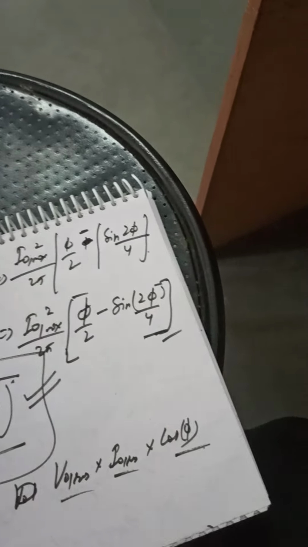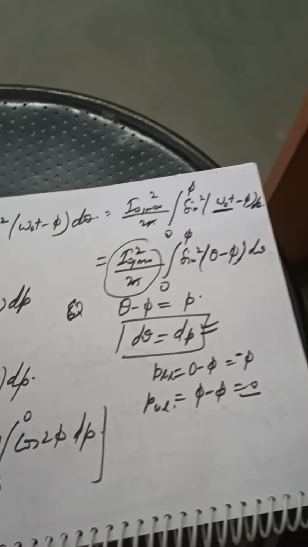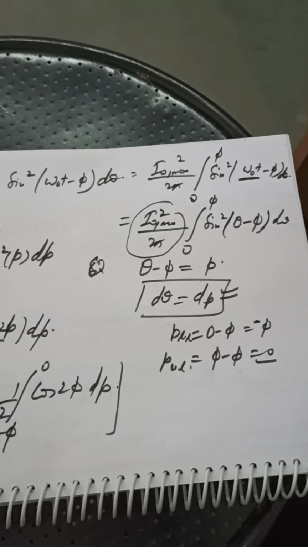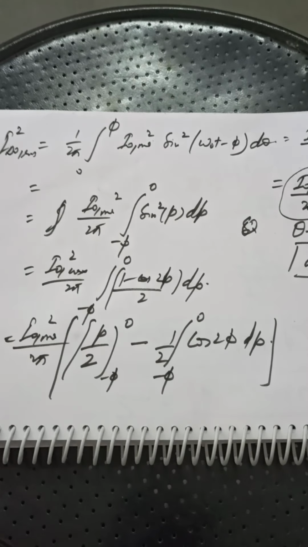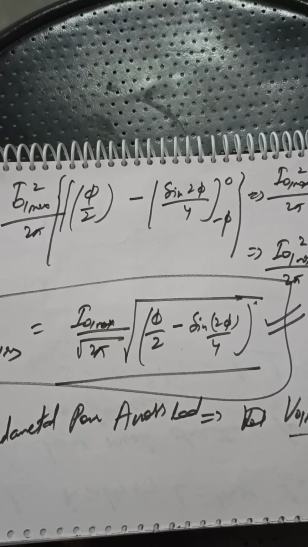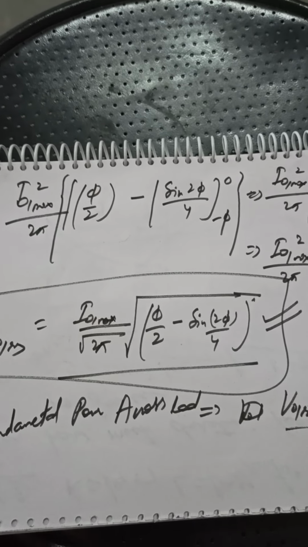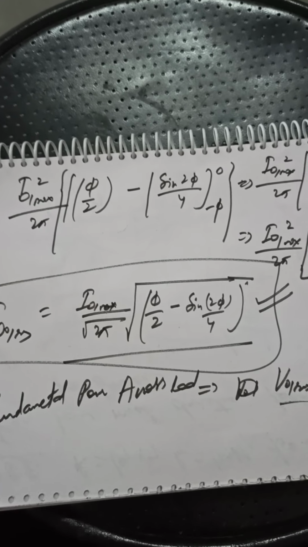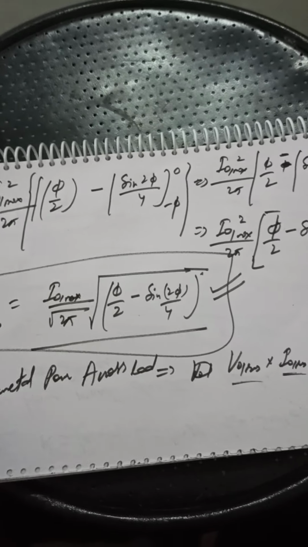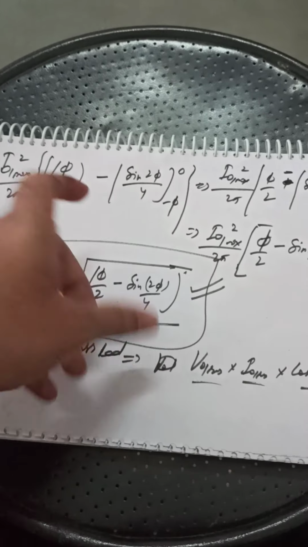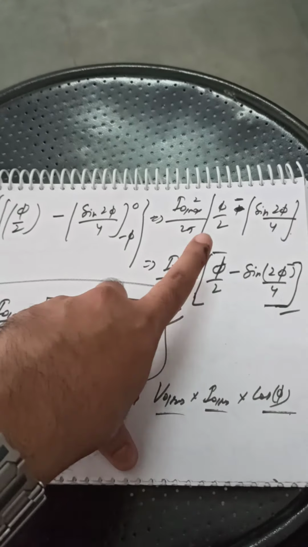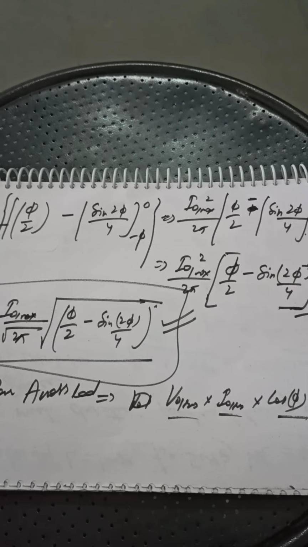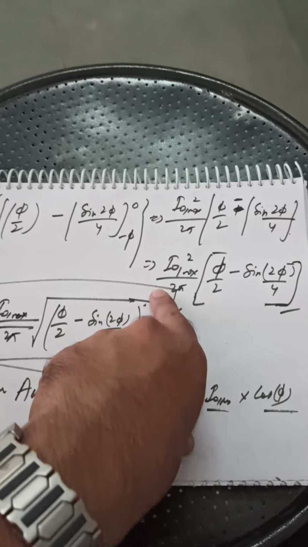One more thing that is very important to understand is that some people are facing difficulty regarding the integration. So I will shed some light on the integration part once more. Just have a look at this. When we are keeping the limits from 0 to minus phi, be very particular that this is not 2 phi, this is 2p, and then it will be replaced by the phi component. I think from this part it is quite clear.